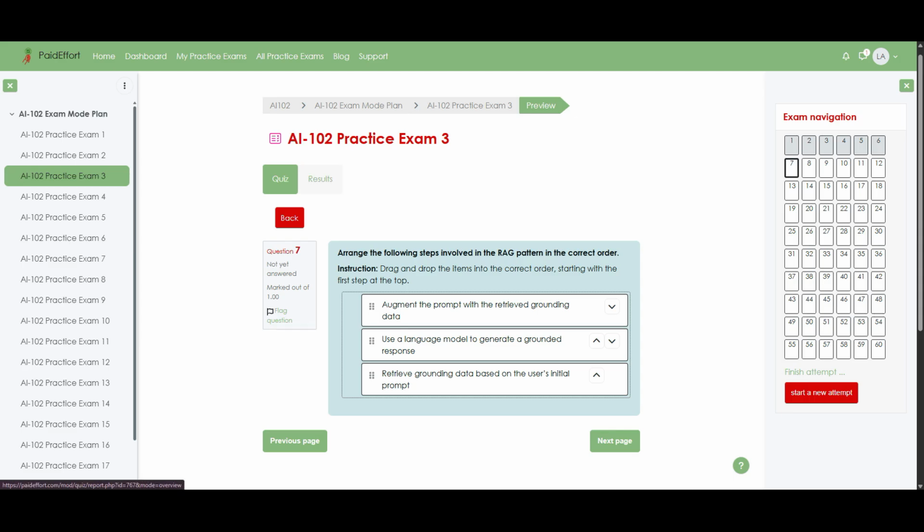Question 7. Arrange the following steps involved in the RAG pattern in the correct order. Retrieve grounding data based on the user's initial prompt. Augment the prompt with the retrieved grounding data. Use a language model to generate a grounded response. I am now going to explain why this sequence is the correct one, so you clearly understand how the RAG